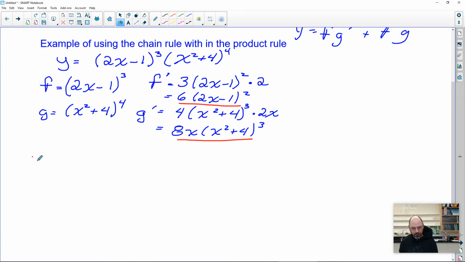So y prime equals f, (2x minus 1) cubed, times g prime, 8x times (x squared plus 4) cubed, plus